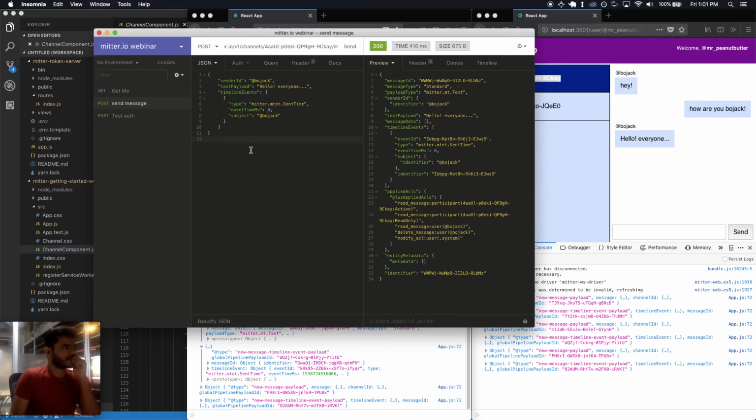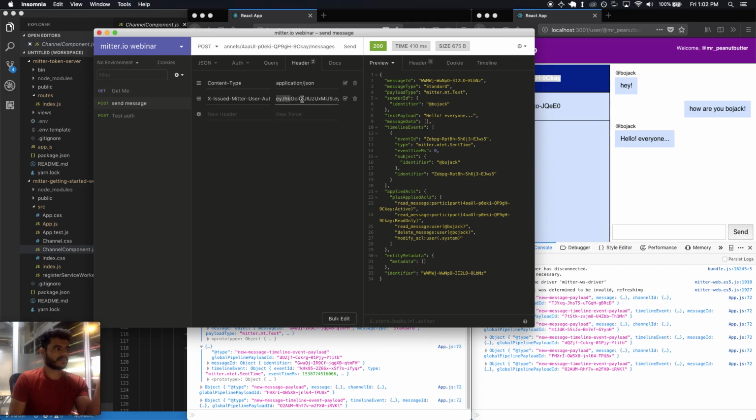So what all is there in a message that you send out? One of the things is in the API calls, you need to specify a channel ID, you need to specify the sender ID. Now the sender ID basically identifies who sent the message, and that's pretty obvious though. So it's just a field, right? So what happens if I say that the sender ID is Mr. Peanut Butter, right? Do note that all the requests that I'm making are being made by the user Bojack, who is identified by